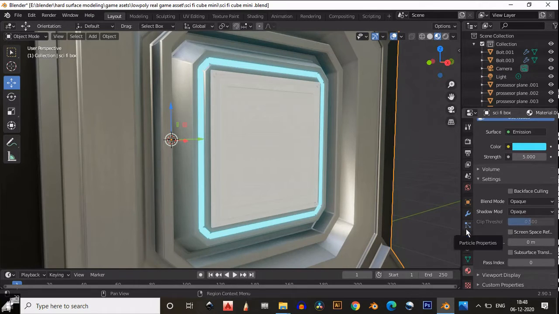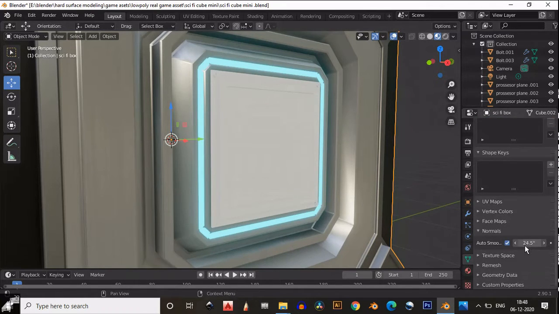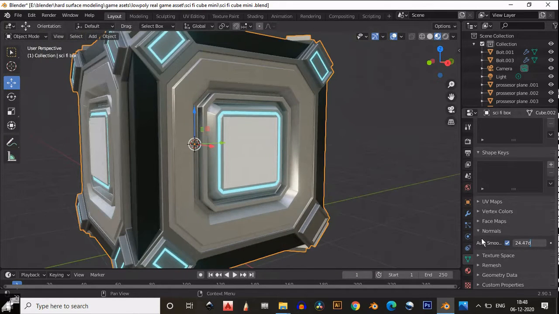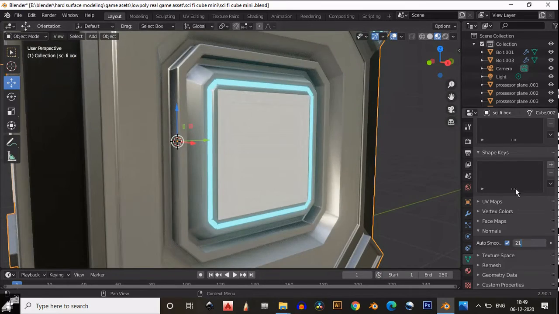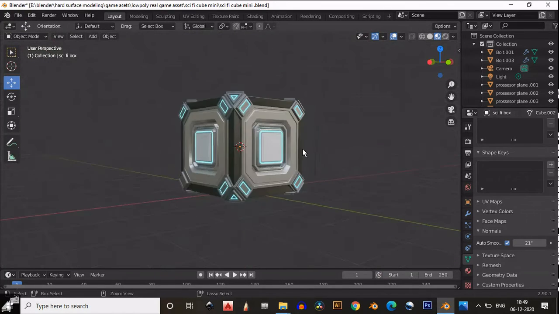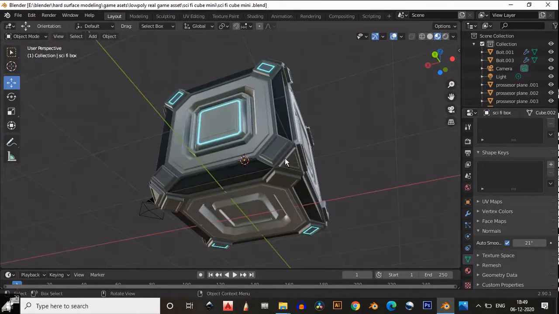We have created those gaps. Just give the emission texture on those gaps and then adjust the auto smooth angle or auto smooth amount, you can say, to get a more decent shading. You need to adjust it.